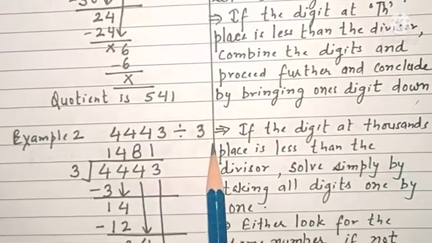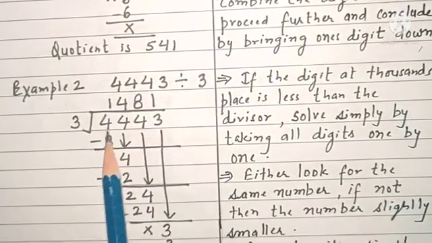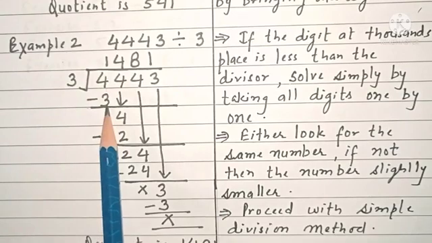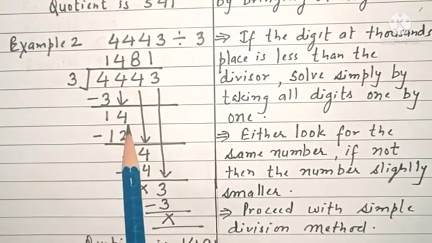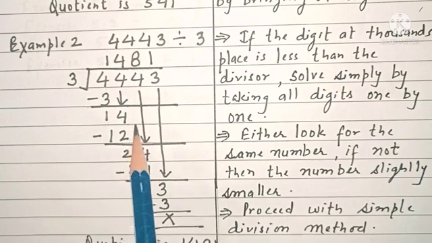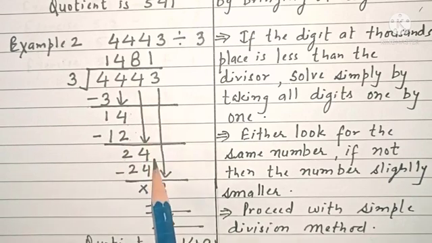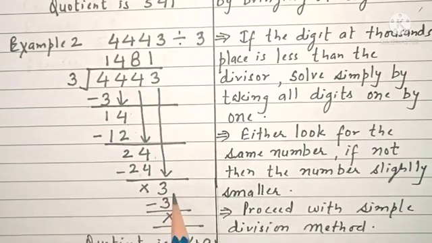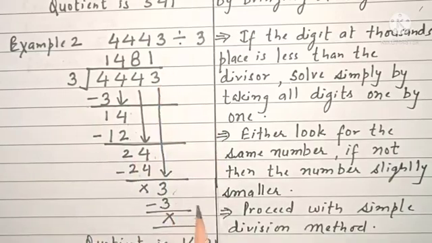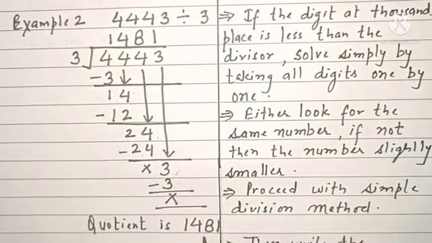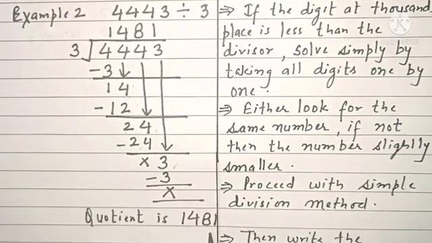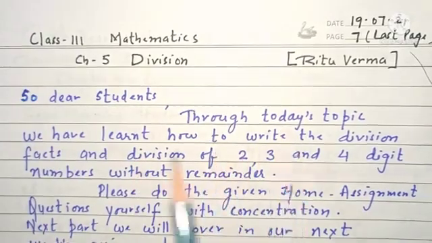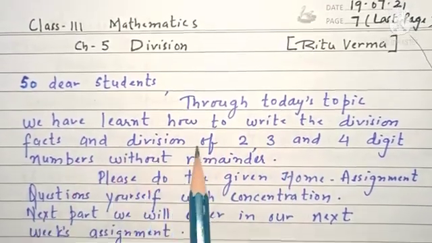Example 2. 4443 is to be divided by 3. So again we'll be solving it. The thousands place is 4. So we will look for the thousands place first. 3 ones are 3. 4 minus 3 is 1. Putting 4 down. 3 fours are 12. 4 minus 2 is 2. Again putting 4 down. 3 eights are 24. And then now the ones place to be put down. 3 ones are 3. And the quotient is 1481. So dear students, through today's topic, we have learned how to write the division facts and division of 2,